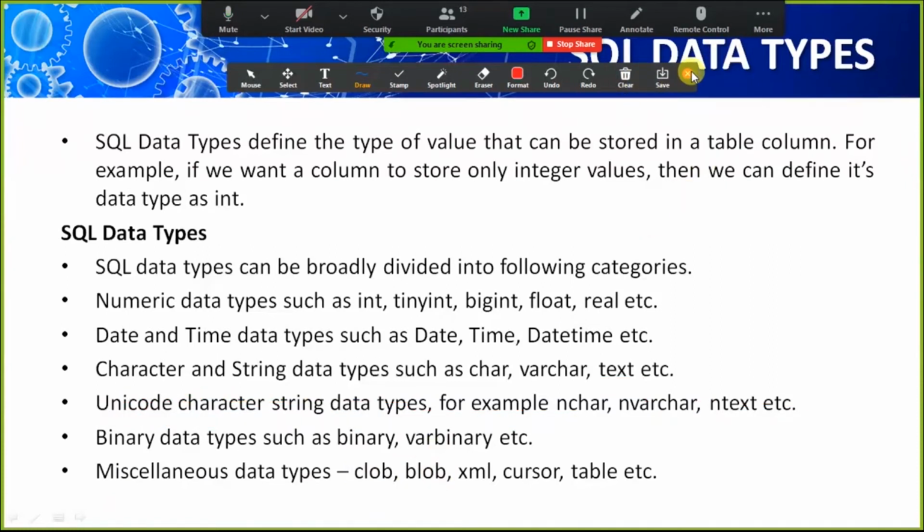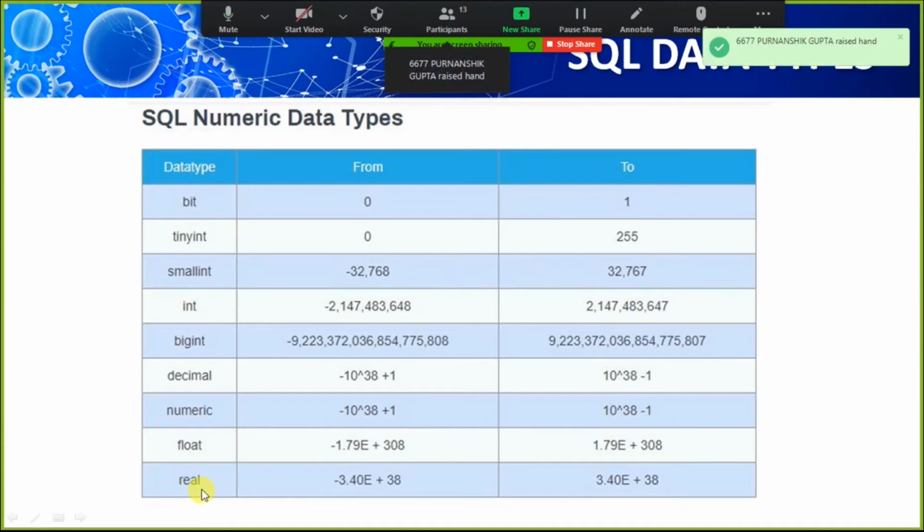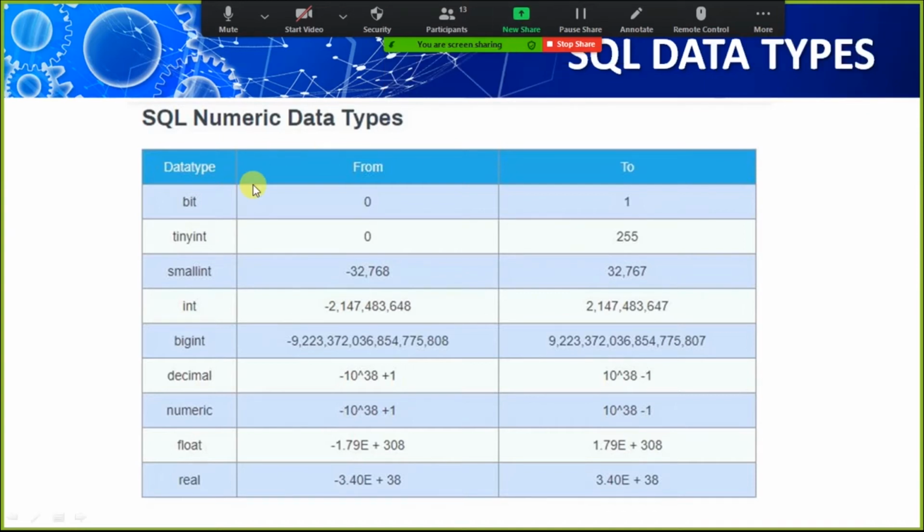Look here. Now we are going to discuss them according to their sequence, the numeric data types. So these all are the numeric data types: bit, tiny int, small int, big int, decimal, numeric, float, and real. The bit can store from 0 to 1, tiny int 0 to 255, small int.